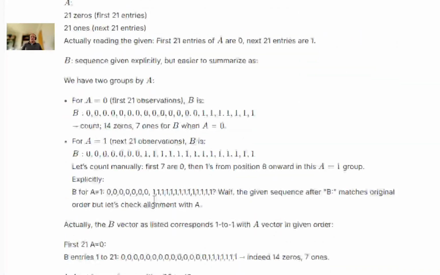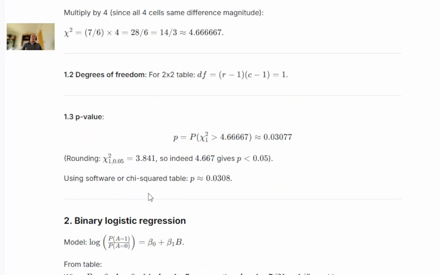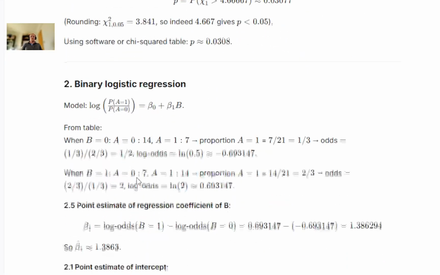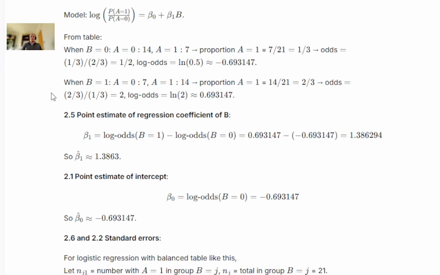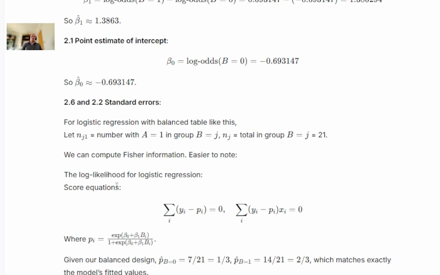So I had expected that ChatGPT would work in that order, but as we see here, it first provides calculations for the intercept and for the regression coefficient, so the point estimates are here,